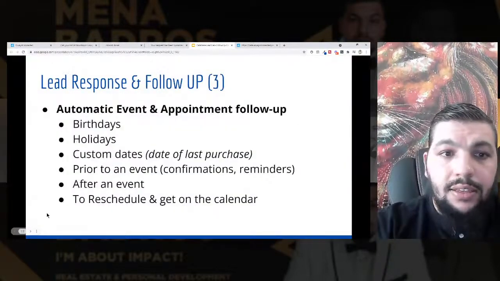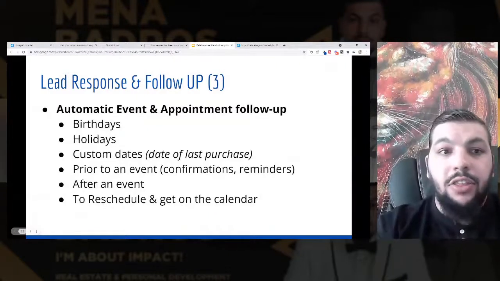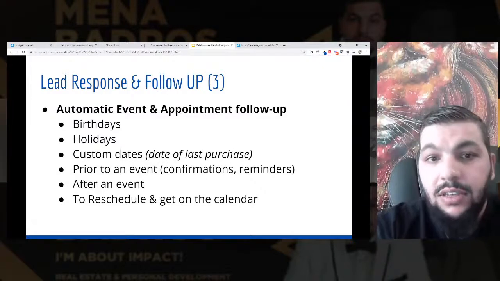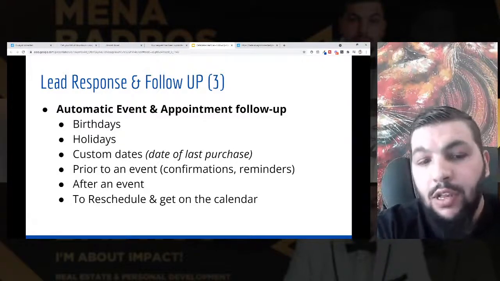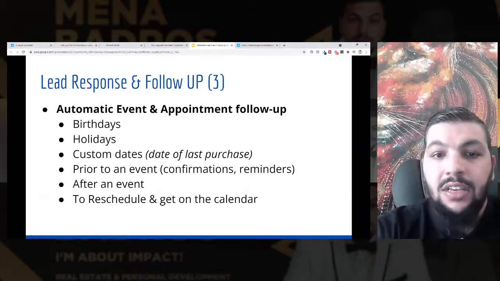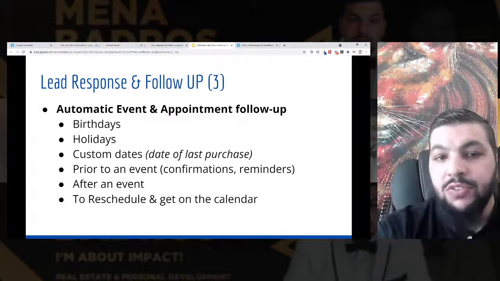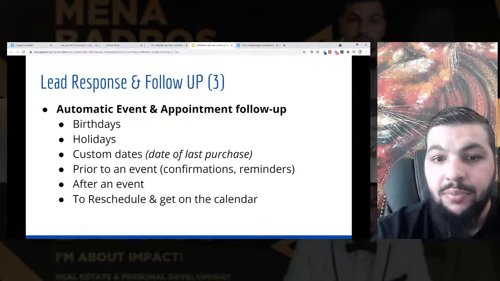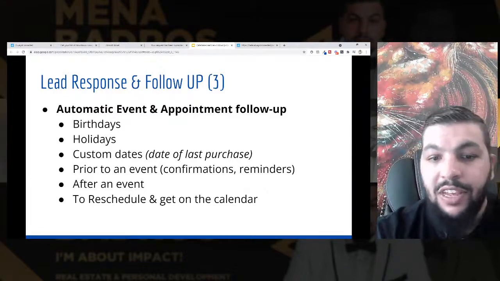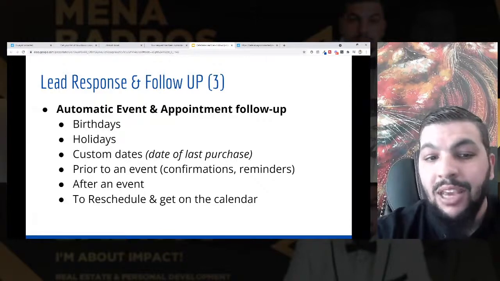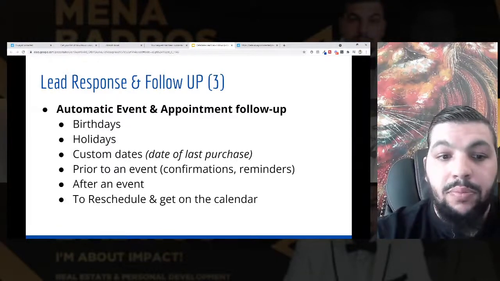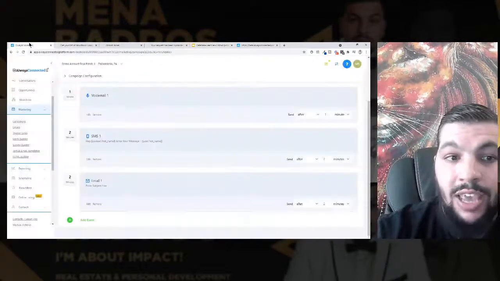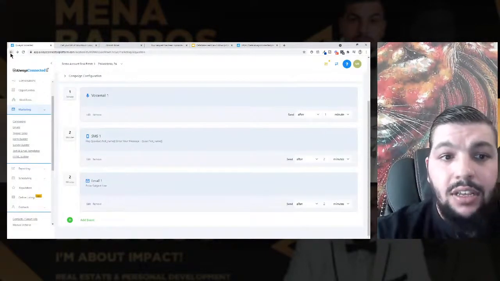Okay. And then the third scenario of follow up that you want to have is event follow up and also appointment follow up. So things like birthdays, holidays, custom dates, for example, the anniversary date of their purchase, confirmations and reminders prior to an event or a webinar, maybe an email after the event, or reminders to reschedule and get on the calendar. And again, we have these campaigns built in here.